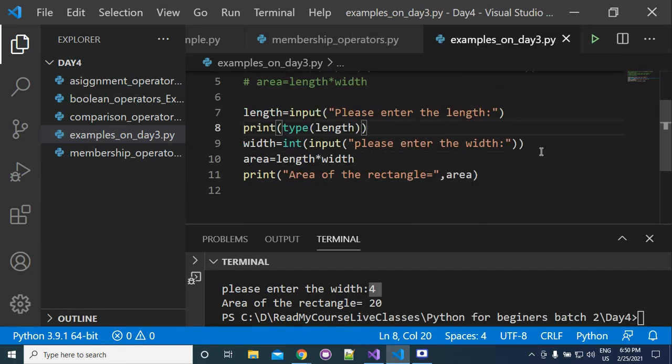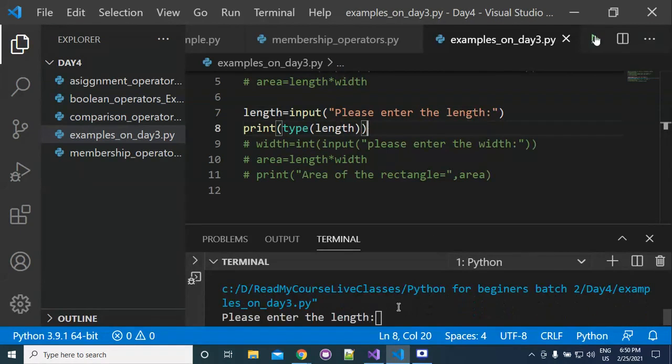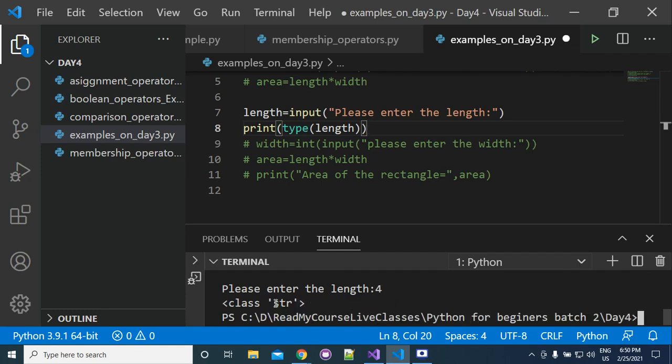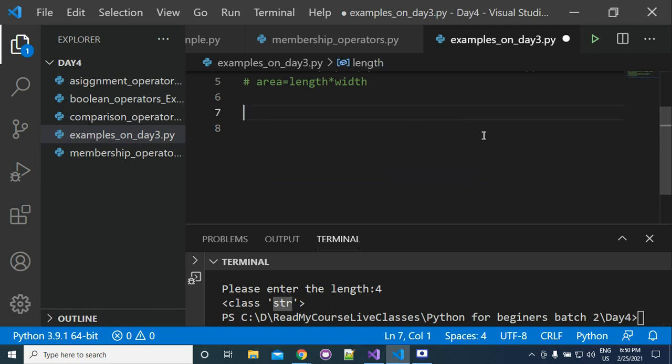We are not printing the other things. We are just printing length is equal to input, please enter the length, and print type of length. After you run it, pass 4. It returns the type is str. So this 4 is in the format of a string. You need to cast that into an integer type, then you will get the value as an integer. Is this clear?